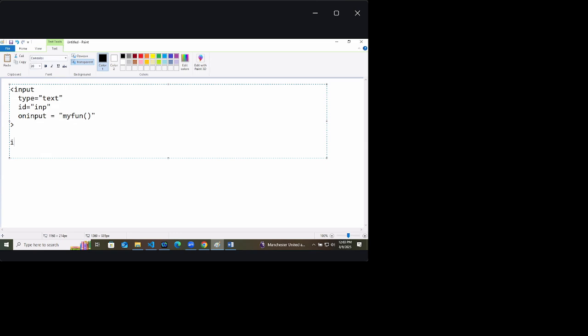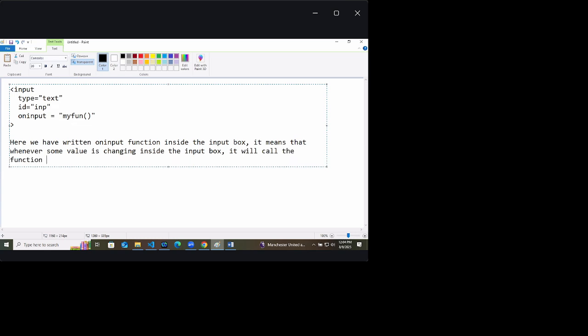It means that we have written the on input function inside the input box. It means that whenever some value is changing inside the input box, it will call the function that is myfun.